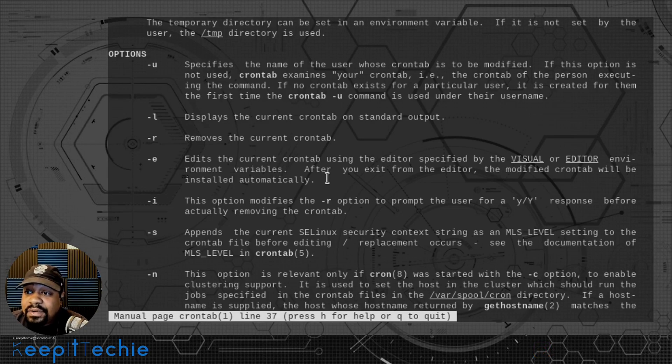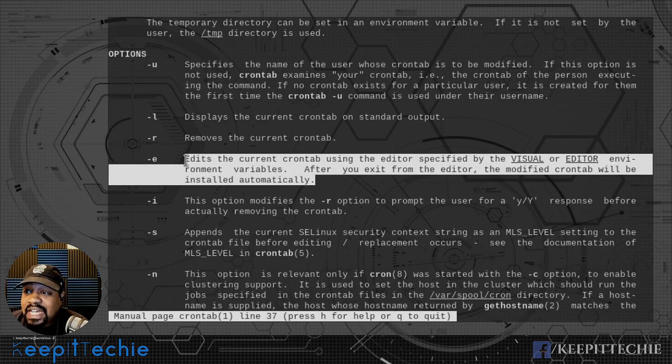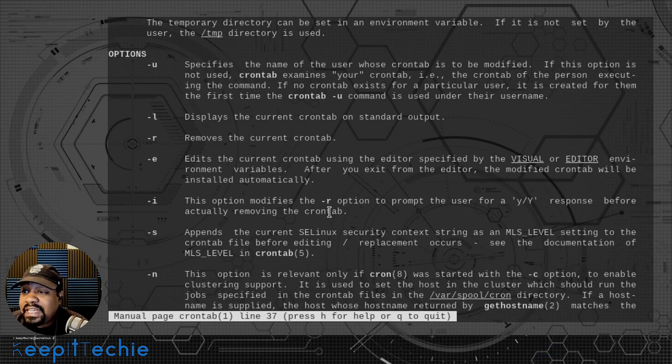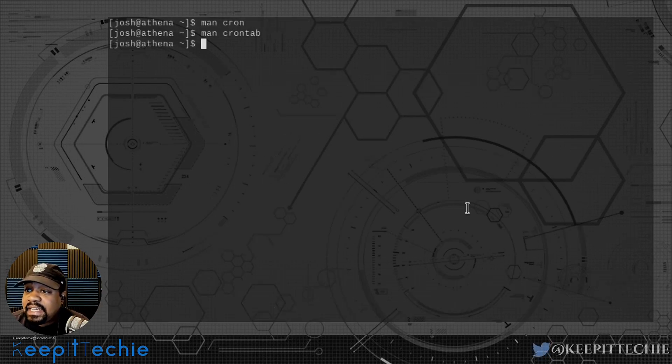If you guys don't know that, I might make a video for that in the future, but you can modify your environment variables that are set on your system to actually edit this file. But that's the only option I'm going to show you guys today. So let's go on and get to that part of it. I'm going to quit out of the man page, and we'll go through and show you guys how to actually modify